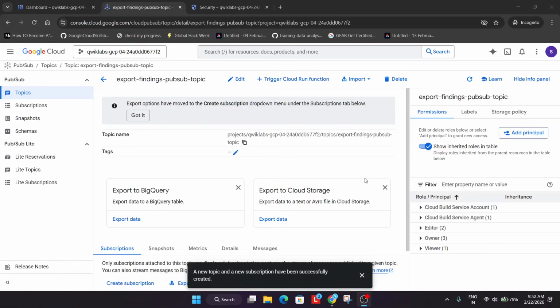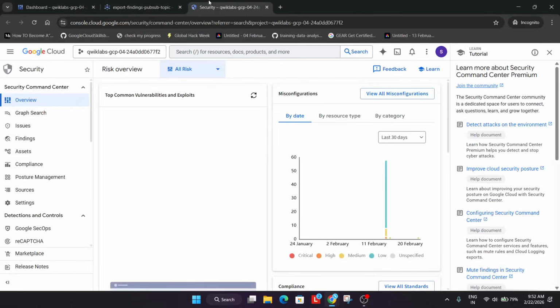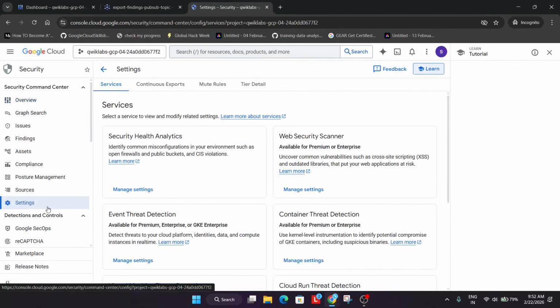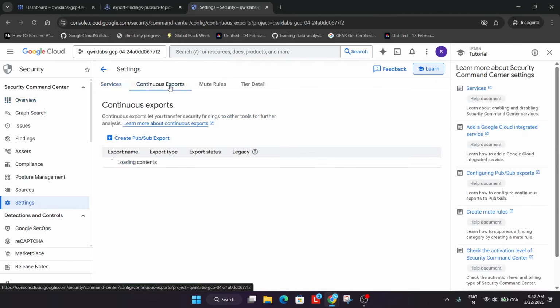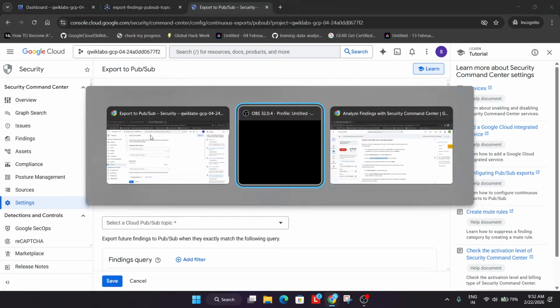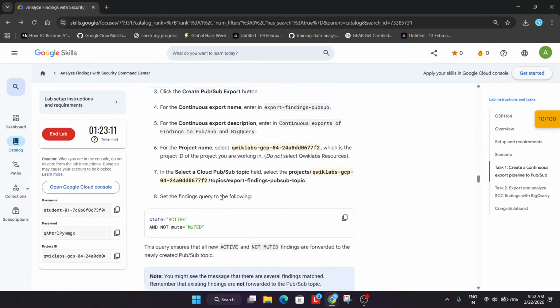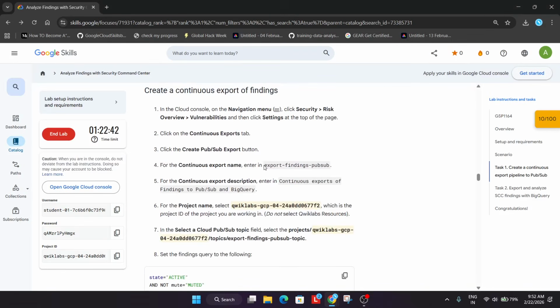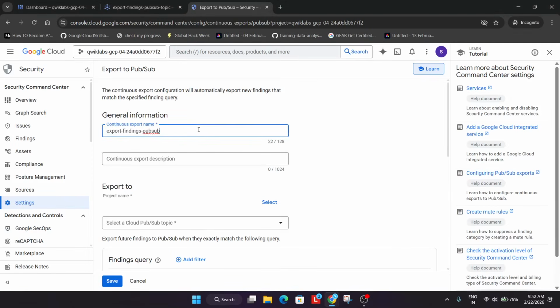So here you can see it is successfully created. Now the next step, what you need to do, you need to come to the security. Okay, from here go to the settings, and from here just click on continuous export. Create Pub/Sub export. Now come to the lab instructions, and from here just copy this name, copy it carefully,